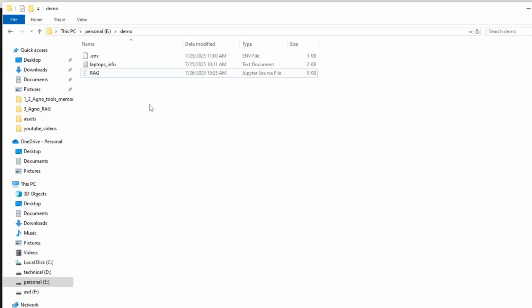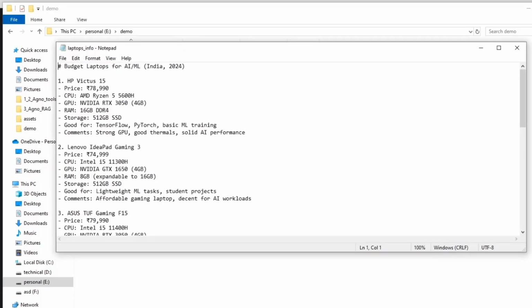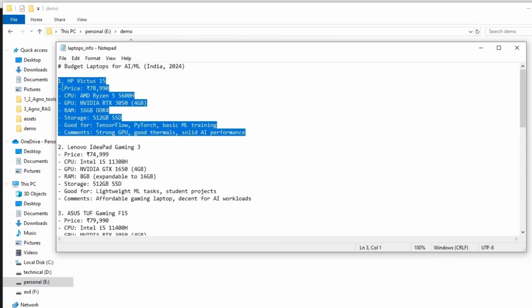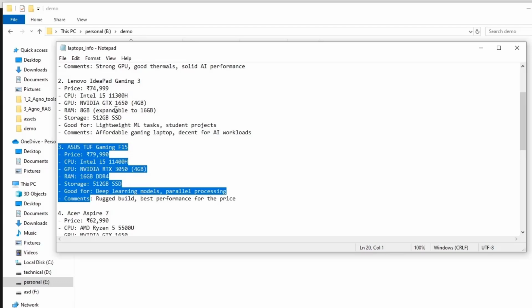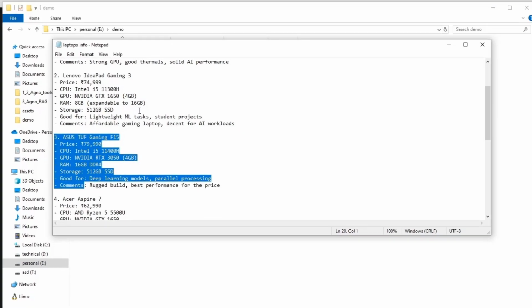Let me show you one document. Let's say we have this text file, laptop underscore info. Let me open this file. So this text file has the information of laptops. This is one laptop, then the second laptop, third laptop. Like this, let's say we have the information of 50 or 60 different laptops over here.